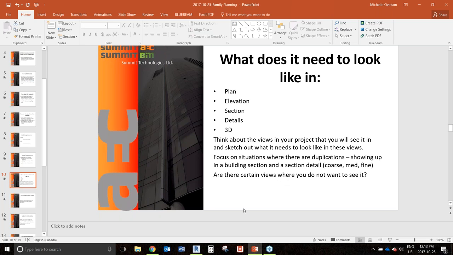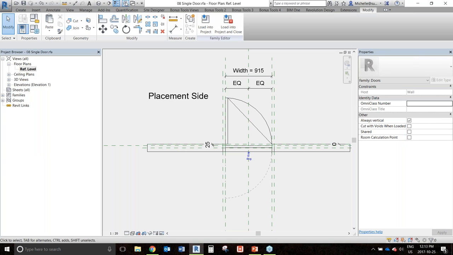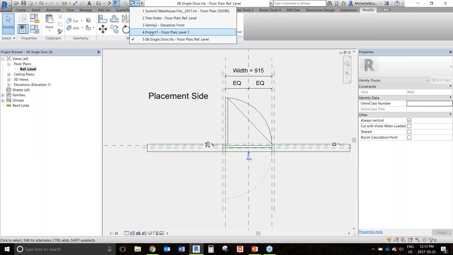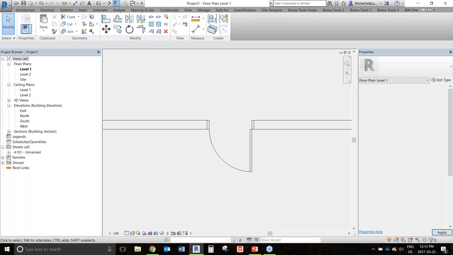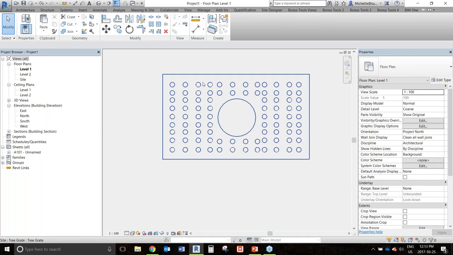So, yeah, there's lots of different ways to control that, so we really need to map out what that needs to be like. The next thing that we need to focus on is the scale. When you're drawing a family, you're kind of zoomed in, and sometimes it's easy to forget what this is actually being used for. One of my favorite examples is the tree grate, if that's the right word for it. Basically it's those coverings that go over the trees, and I created a really quick one, but I've seen these modeled to the nines, where they have teeny tiny little slits all over the place